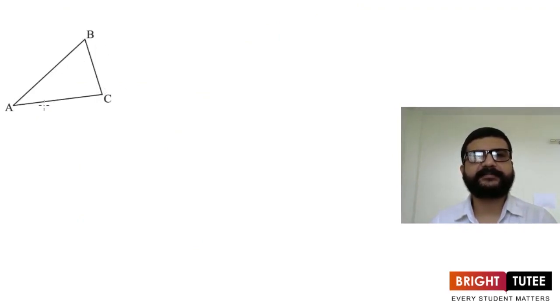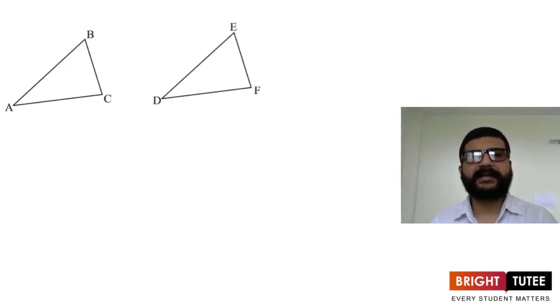Now suppose you have drawn a scalene triangle. Here is scalene triangle ABC. Scalene triangle means all the sides are different. So this is triangle ABC. Now do one thing, just cut out this figure from a piece of paper and plot the same figure on another piece of paper by putting it on it. So you will get one more triangle like this. So here is the second triangle which is an exact copy of the first one, and that is triangle DEF.